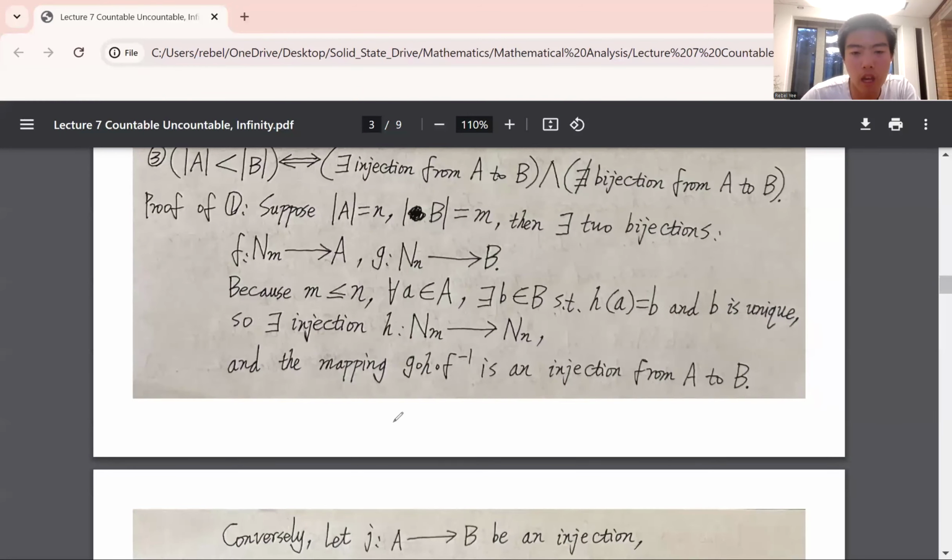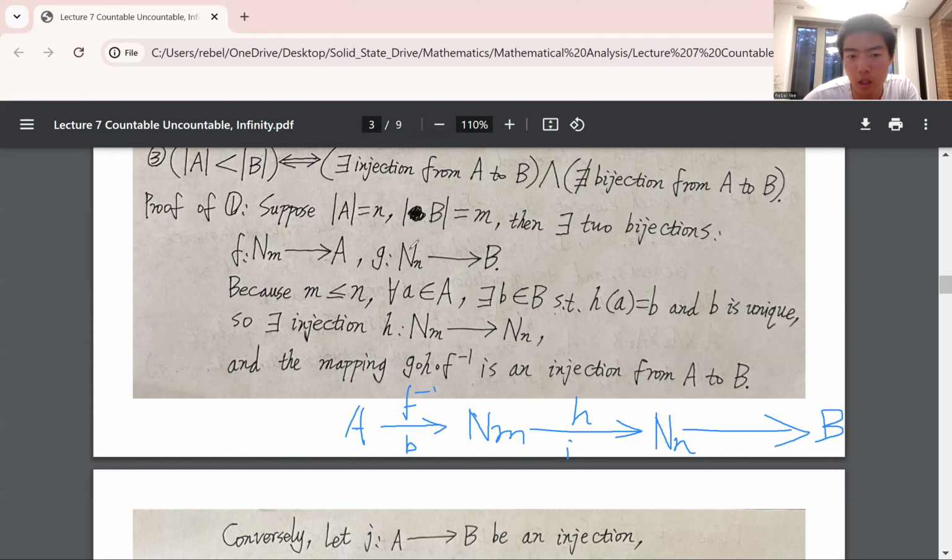So inverse F maps A to NM, and this case is a bijection. And NM to NN, which we call H. This is convertible, F inverse, and H is an injection. And from NN to B, which is conducted by G, and G is a bijection. So overall, it's an injection, right? So we have proved the